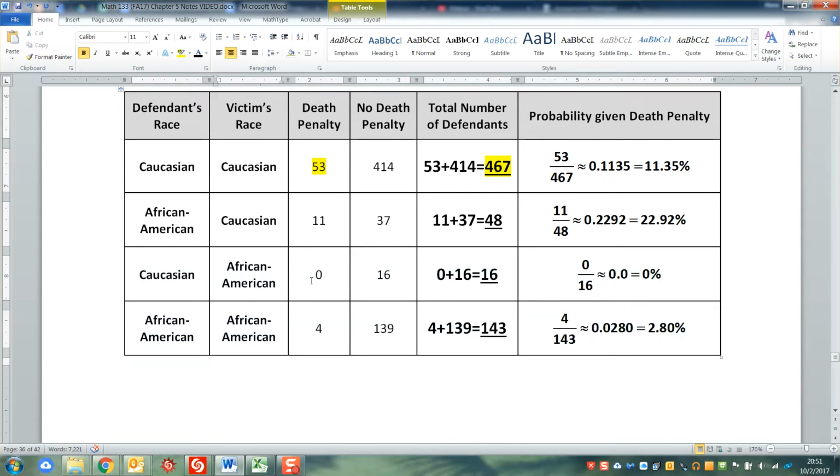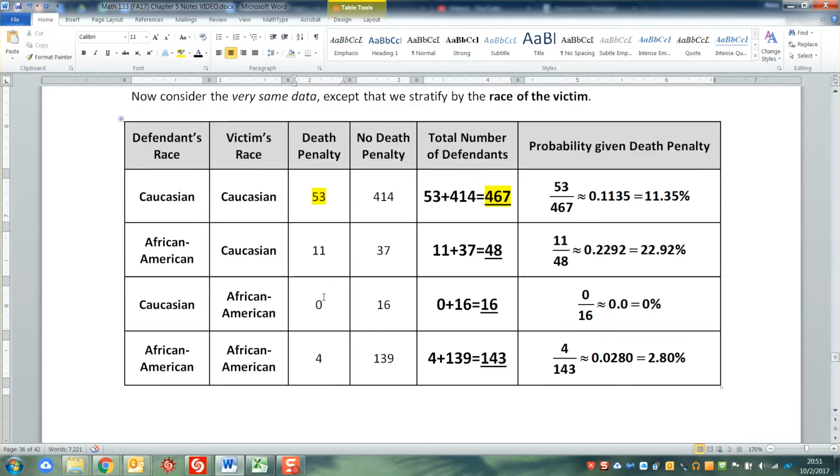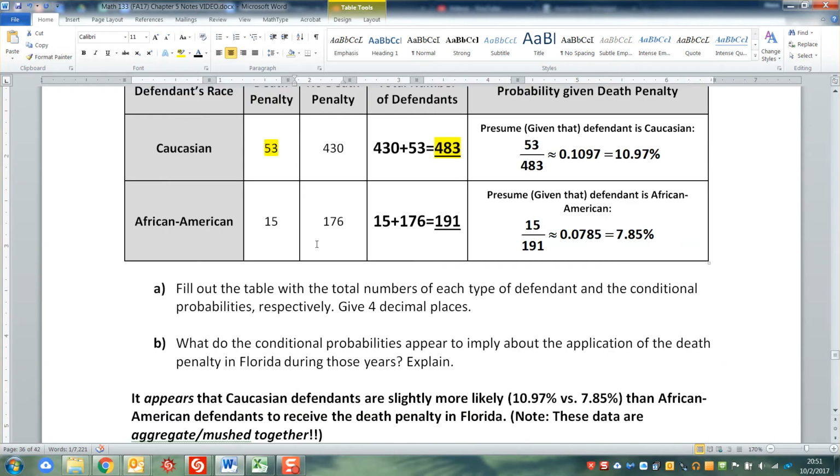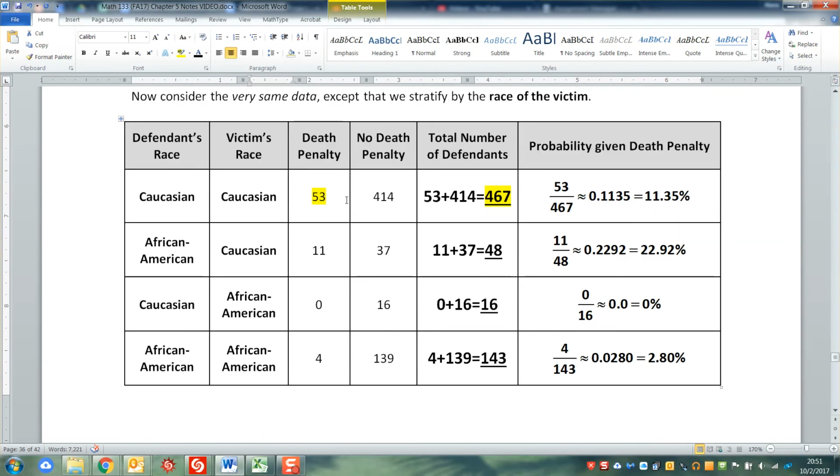That's fascinating. Now notice, again, just to reiterate, these are the same numbers as before, right? It's just that it's showing it in a different way. 4 plus 11 still makes 15. These are the same numbers, but when you break them apart by the victim's race, using that as a lurking variable, if you will, when you split the data apart that way, then it gives you some very interesting comparisons, right? So for example, this 11.35% and the 0%, for Caucasian